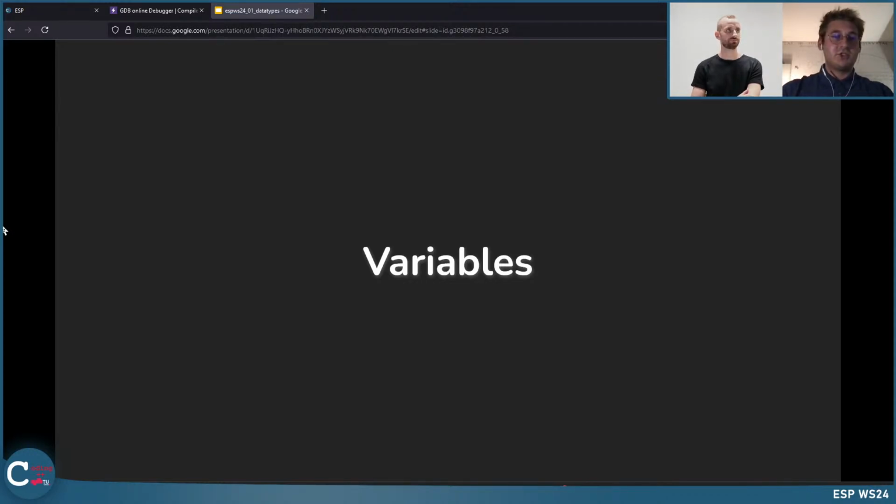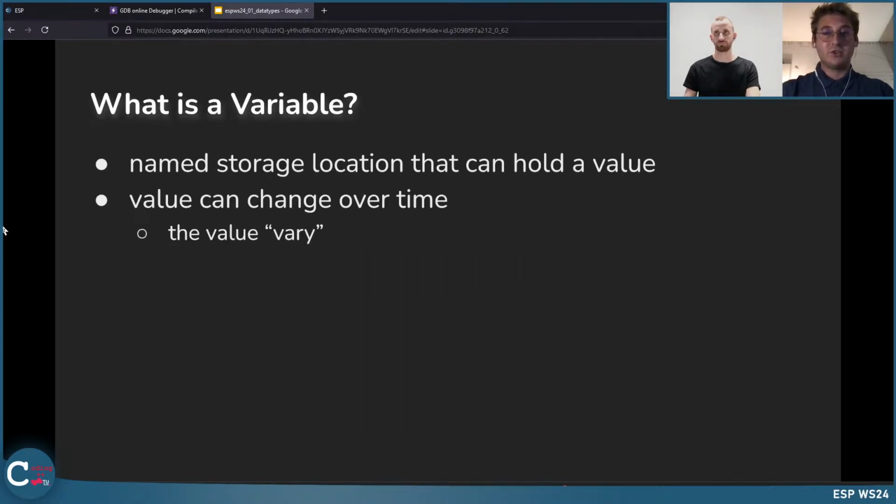But this is just data. How can we use it in our programs? For that, we now introduce variables. Variables in programming are just named storage locations that hold some kind of data values, as we've seen in the table before.